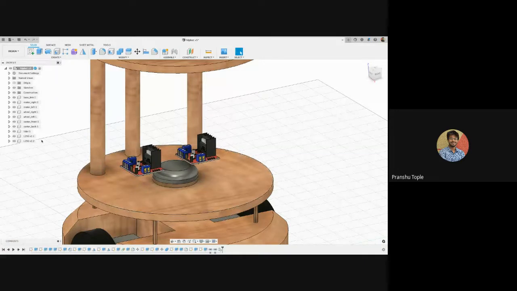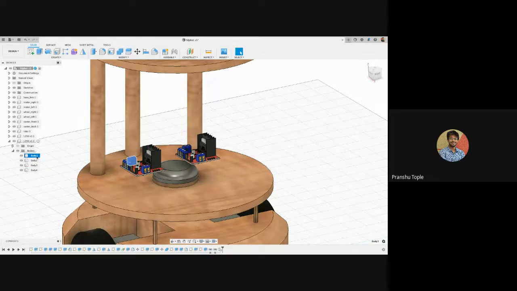Let's say I want two of the motor drivers. How can I remove these copied components? What I can do is open it, extend it using the arrow, and extend the body. So I can see it is made of 4 different bodies. These two are terminals. The third one is the base, and the fourth one is another terminal.